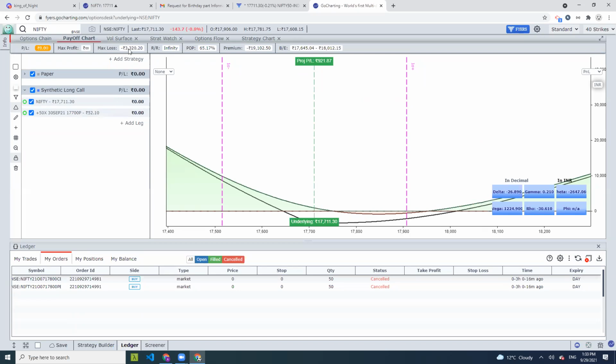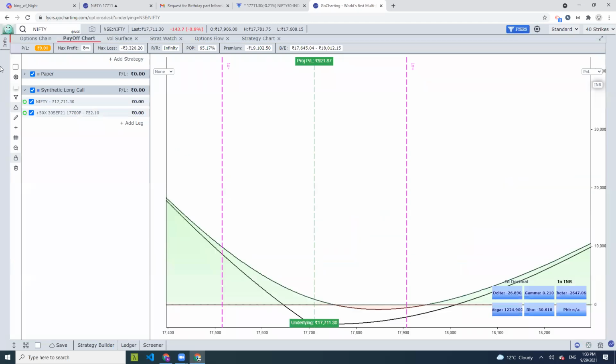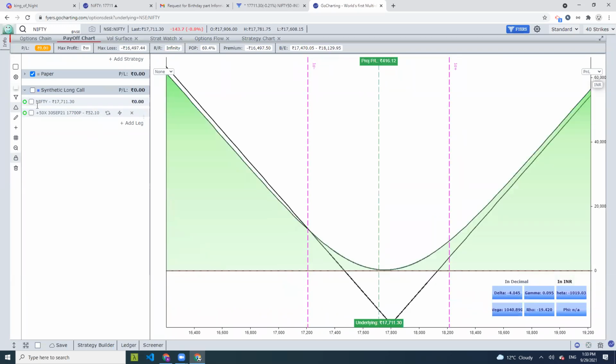That's why we added it to the top bar rather than on the left side, because on the left side we have a bunch of all the strategies. Some of it you may be tracking, some of it you may not be tracking and maybe deselecting, right? So that's why we did not add this on the left hand side, we added it on the top.